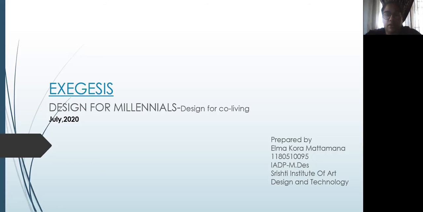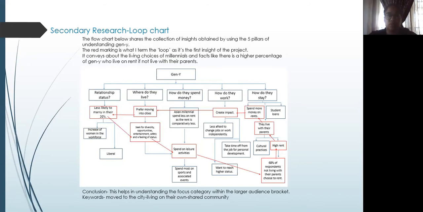So before I get into explaining the presentation, let me say that the topic of my thesis was designed for millennials. The main aspect was to study millennials and how different they are from other generations. The core points that I wanted to keep in mind were their lifestyle, their attitude, their habits, their work life, their socializing culture. So these were the five main pillar points.